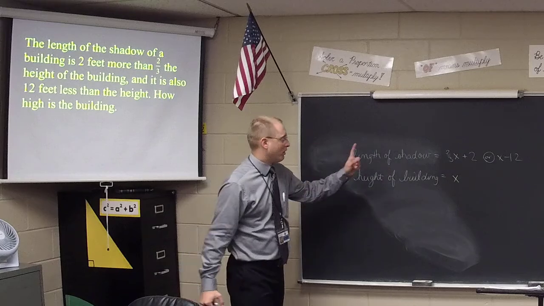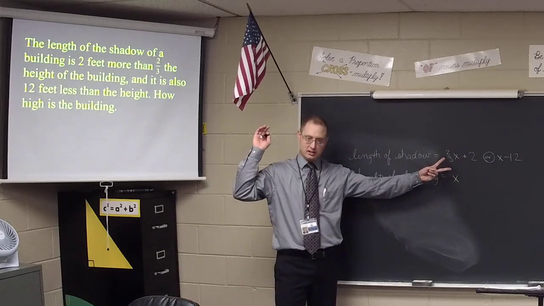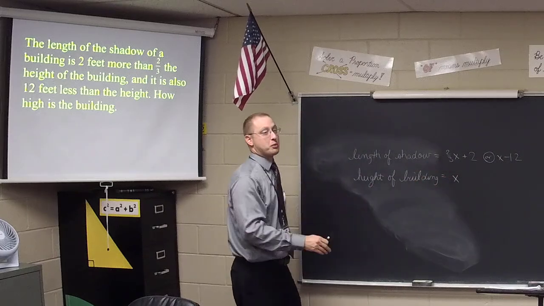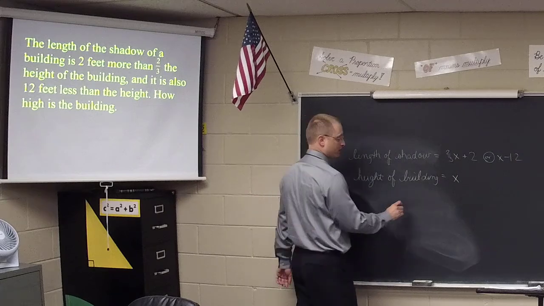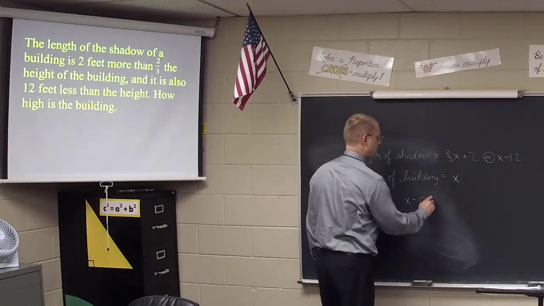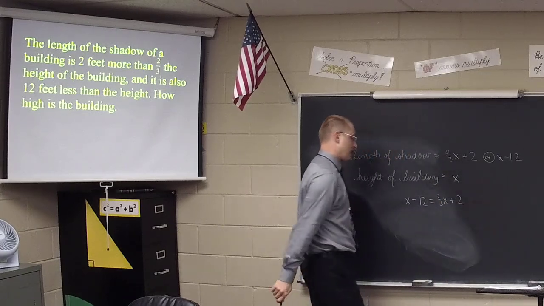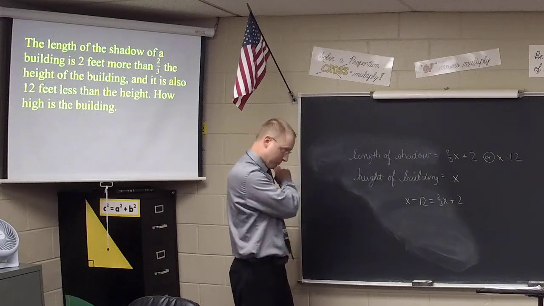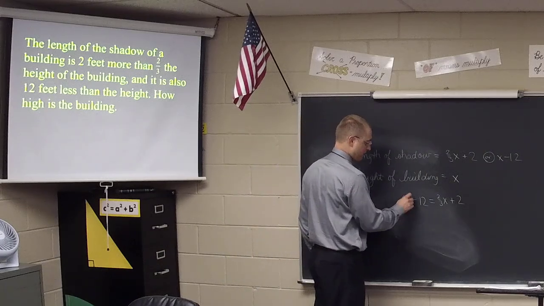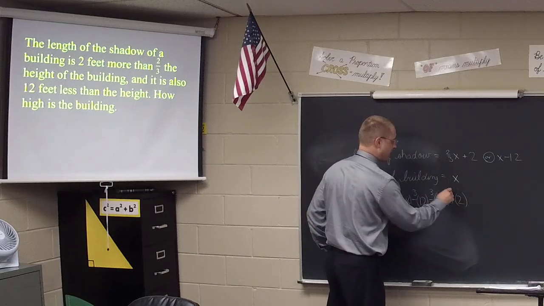And if we have one unknown represented two different ways, class, are both of them equal to each other? There we go. Set the two ways equal to each other. So what's my equation, Adam? X minus 12 equals 2/3 X plus 2. There we go. And if we so choose, and I do choose, we can multiply everything, class, by the LCD, which is 3. If we multiply everything by 3, Lana, my equation becomes